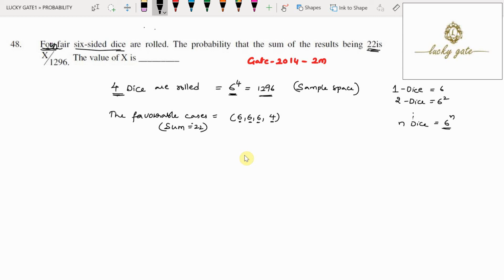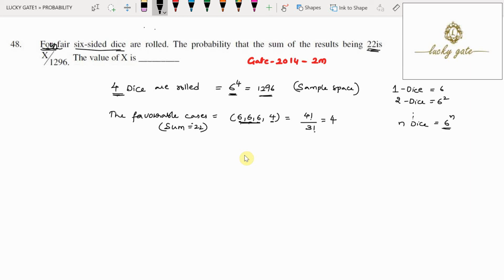But here it is not compulsory that the first, second and third time you should get 6. It means you should get 6 for 3 times, and 1 time when the die is rolled, it should be 4. So there are totally 4 cases. The number of possible arrangements for these possibilities 6, 6, 6, 4 is equal to 4 factorial divided by 3 factorial, since 6 is repeated 3 times. There are totally 4 possibilities.